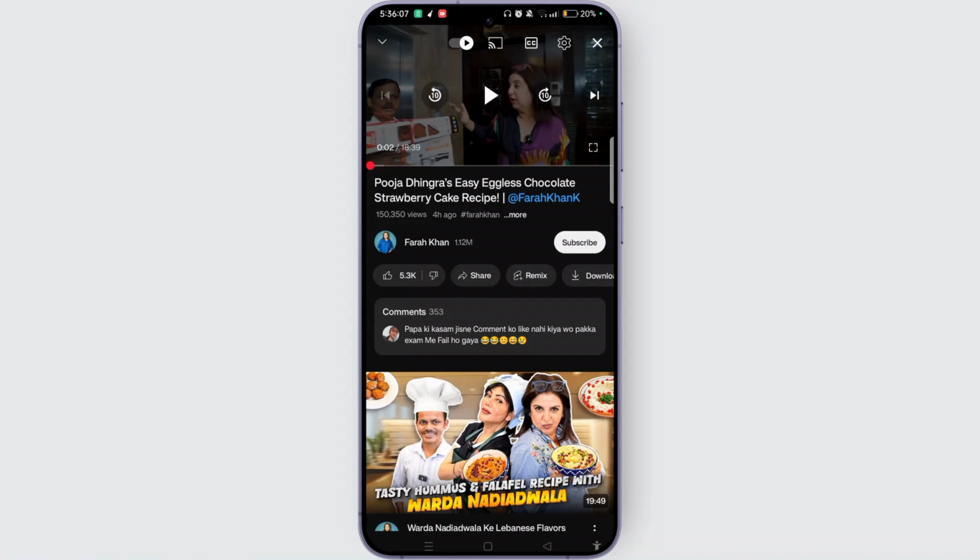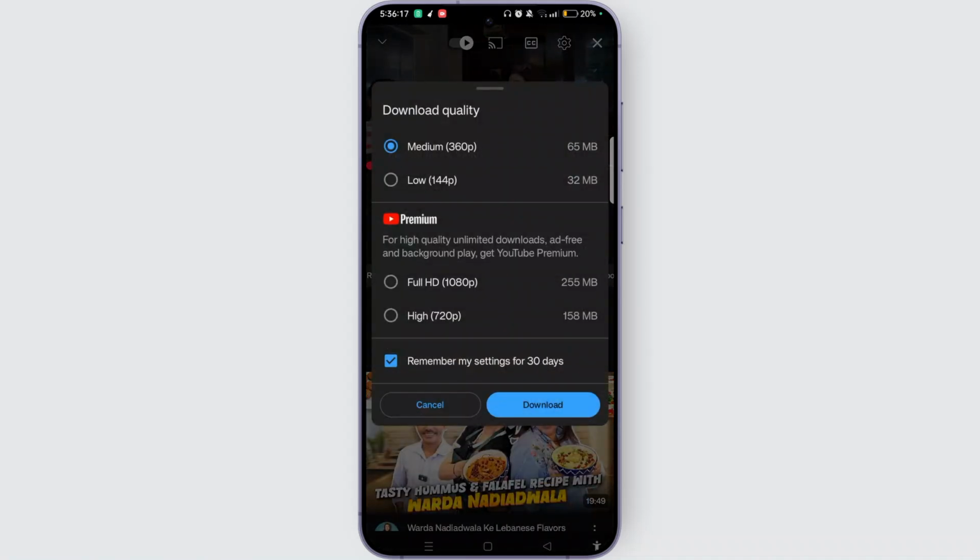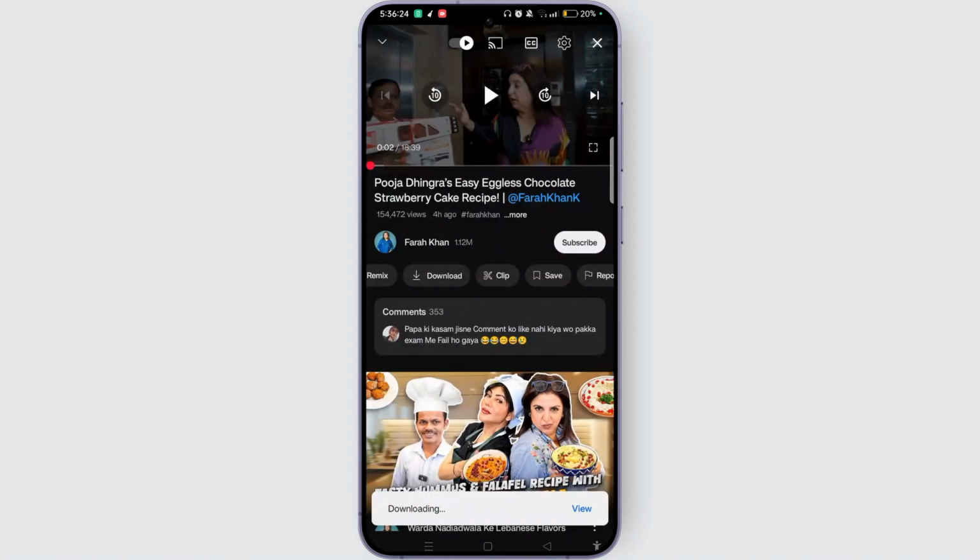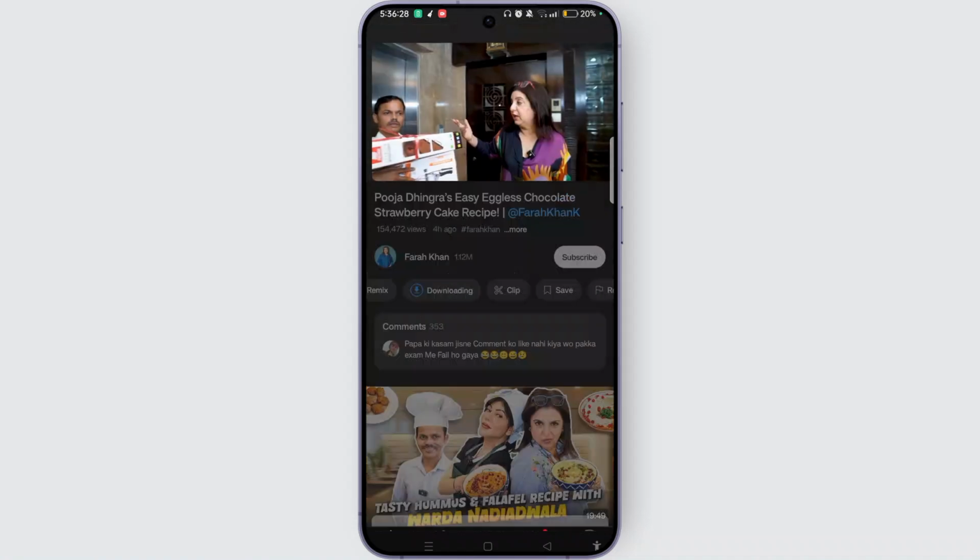you will see different options on this video like likes, share, remix, download, clip and many more. What you need to do is simply tap on the download option and then you can easily select the download quality. And here you need to tap on the download button at the bottom right of this menu, and then this video will start downloading. You can tap on the view button and then start